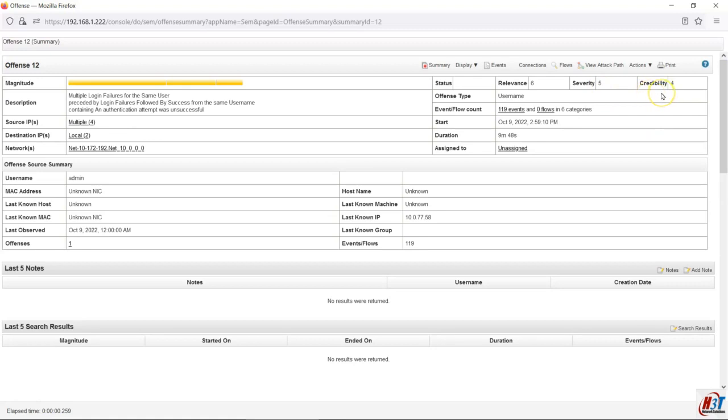The last one is the credibility, which indicates the integrity of the offense as determined by the credibility rating that is configured in the log source. So while you configure the log sources into your QRadar system, as a QRadar admin, you configure the credibility. You can say to QRadar, this is a credible log source. Whatever logs come from this log source, you give it higher credibility,